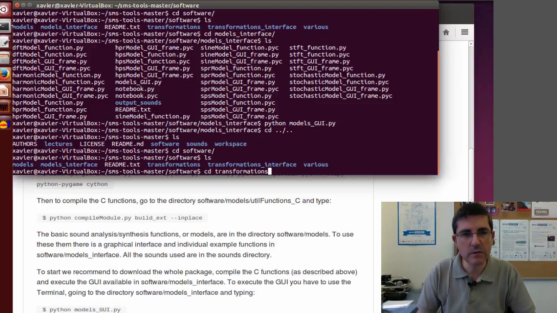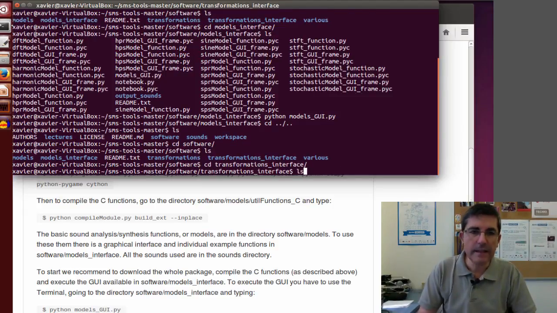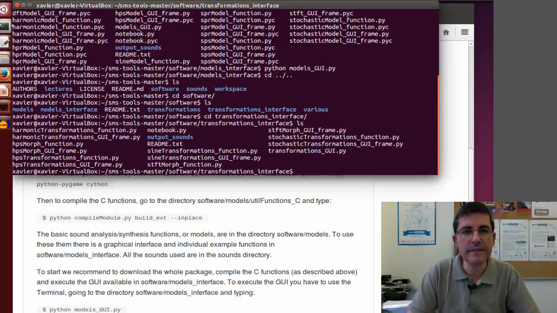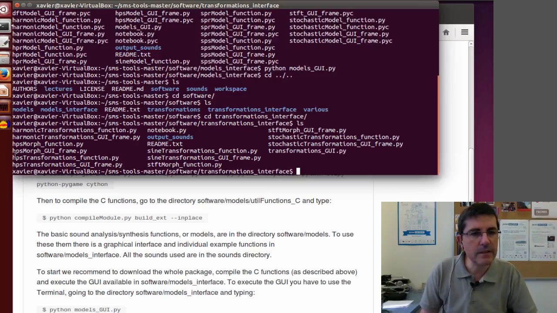Okay, so we go to the transformations interface, and these are programs, algorithms, that transform the sound using the models that we just saw. And again, it has a whole bunch of